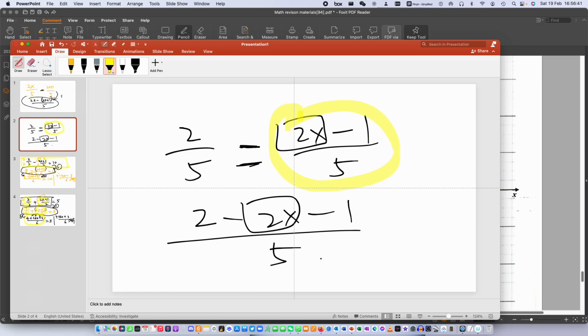So the bracket is to tell the examiner or yourself, I am minusing the entire block, not just the 2x. Are you clear? So the question is about when to put the bracket. In fact, you should put the bracket always. Okay? So hopefully